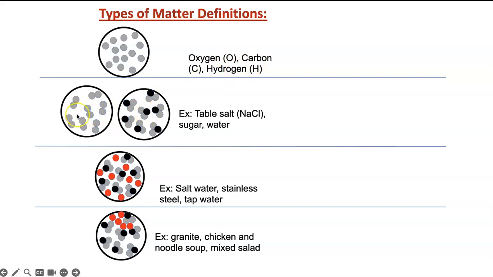And here are two panels showing two compounds. This one is made out of two atoms combined together, like oxygen gas or nitrogen gas or chlorine gas. And here is two different elements combined together. So this is a triatomic molecule with three atoms. This is a diatomic molecule. But everywhere you see it's the same molecule. So examples of these would be salt, sugar and water. Here,